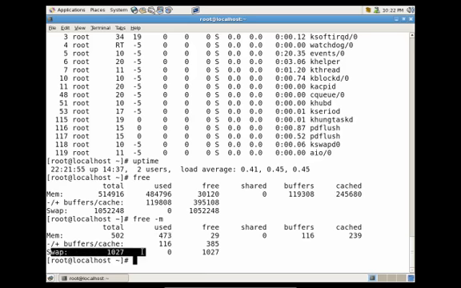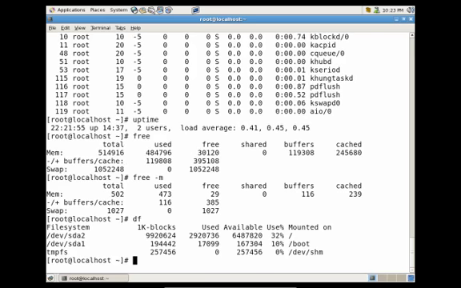And then we have our swap information as well as our cache information. Another useful utility that we can use is the df utility, which will display all your partition and mount information. So let's go ahead and do df. And you'll see that we have our different partitions: sda2, sda1, and tmpfs,